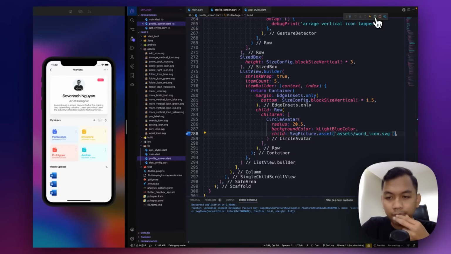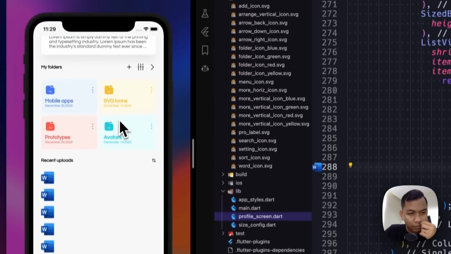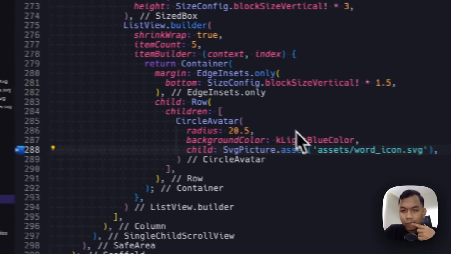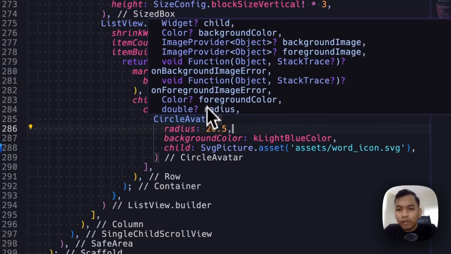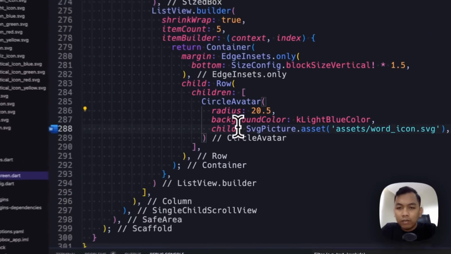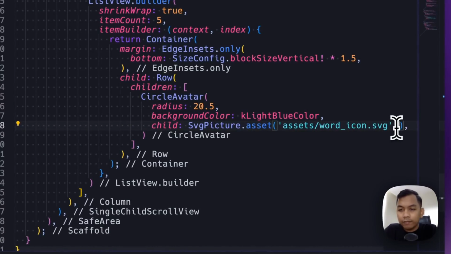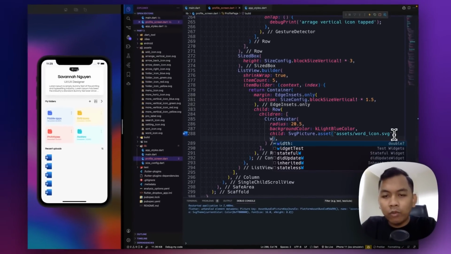It's work, but how about the background color? I think it's missing. So we don't have padding inside this. So let's set the size, I think, or the width.